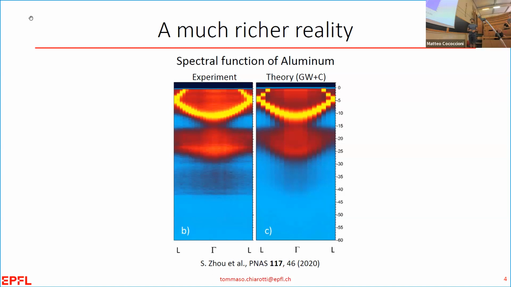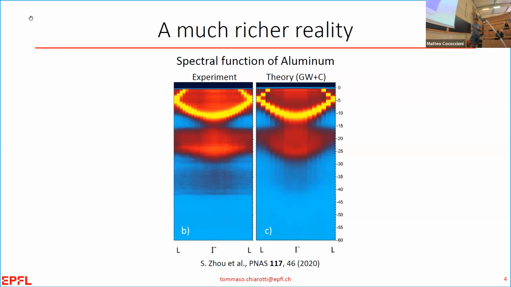I will not enter into the details in this talk, just a very brief perspective. The yellow line there is the quasi-particle band, which is represented in the Kohn-Sham spectrum as this black line.